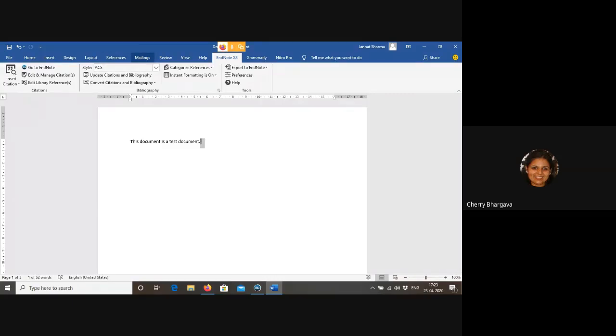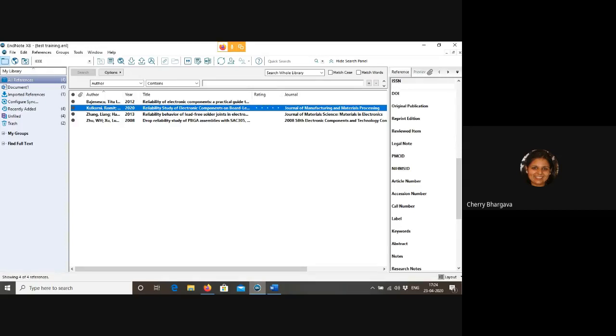I'm going back to the APA style. That one is the most basic, which is going to be asked by most of the journals. Okay, now look at that, Kulkarni et al. Now moving to the second method. Suppose you don't know the author name, the year of publication, or the title. Then you just open up this particular software again, go to the library, and search for the reference you want. So I'm wanting this 2008 reference.